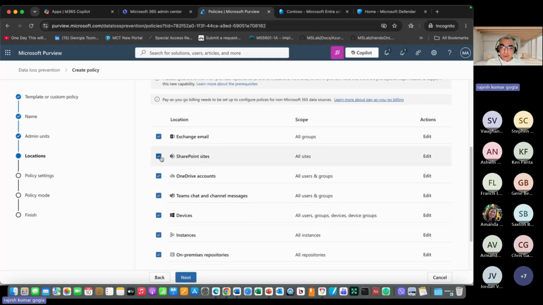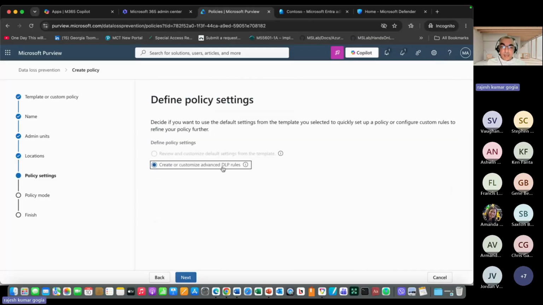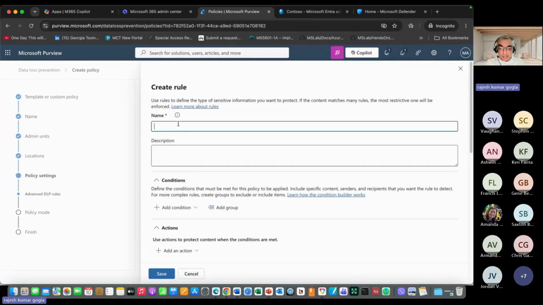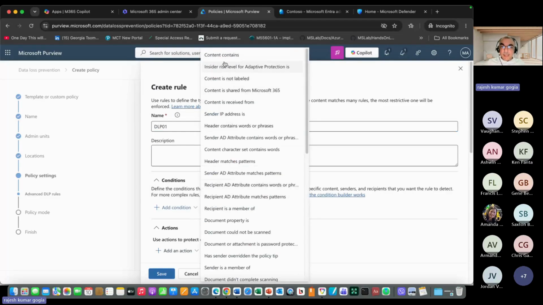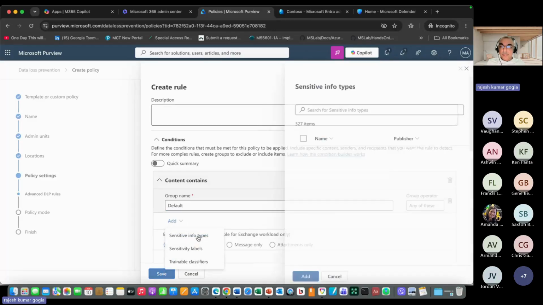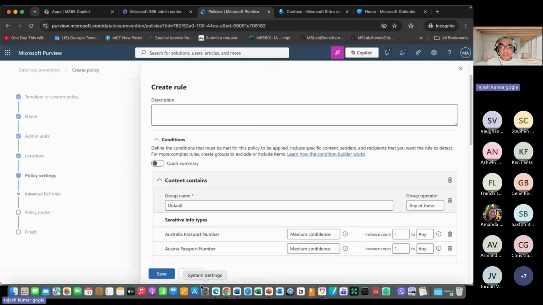So let's say, for example, if I want to apply the DLP at the email, we can set up a rule. Now, say the condition says that the content is going to contain some sensitive information like passport. There are some passport details. And